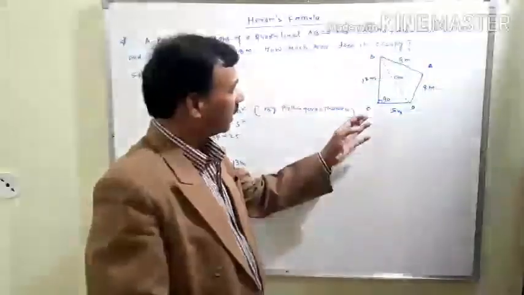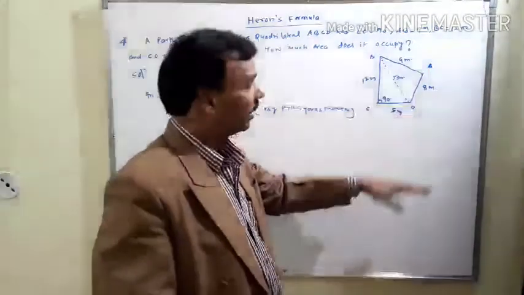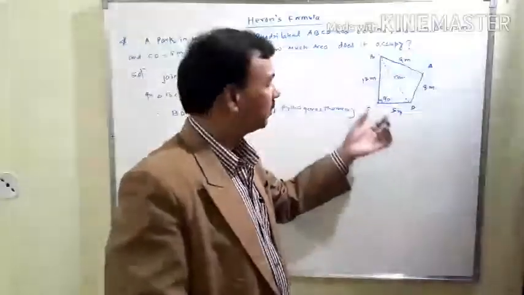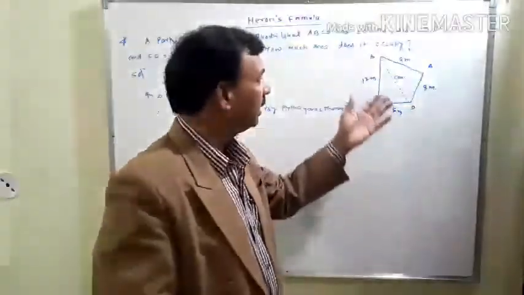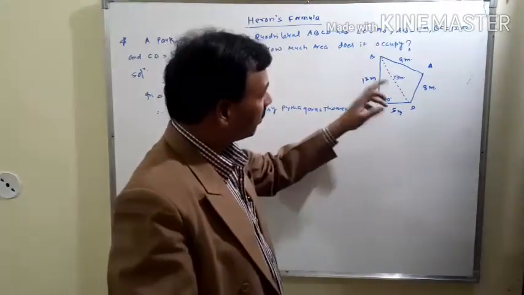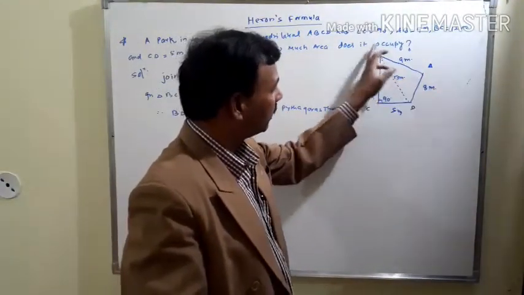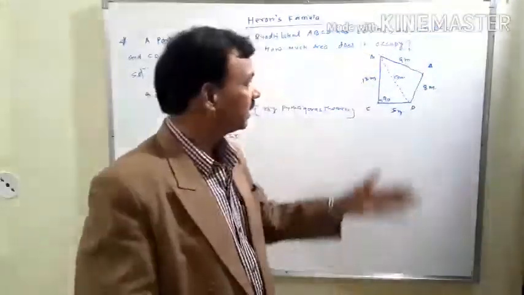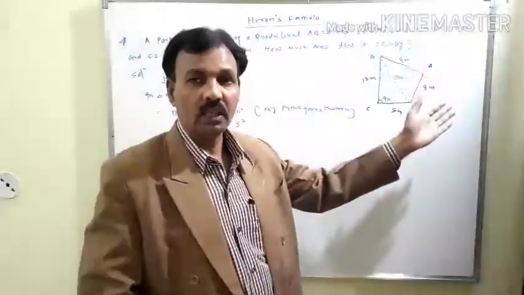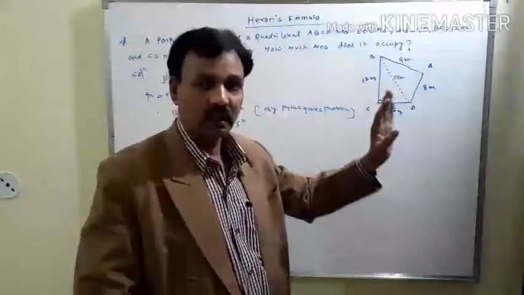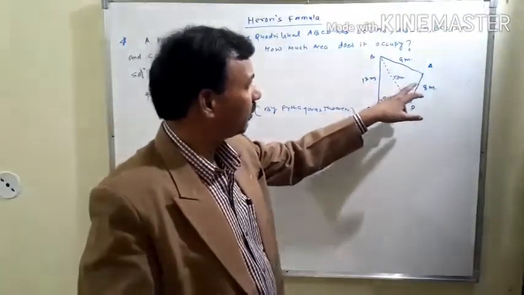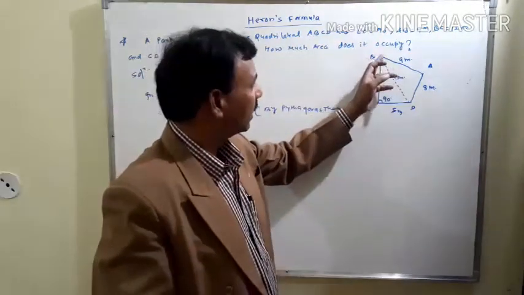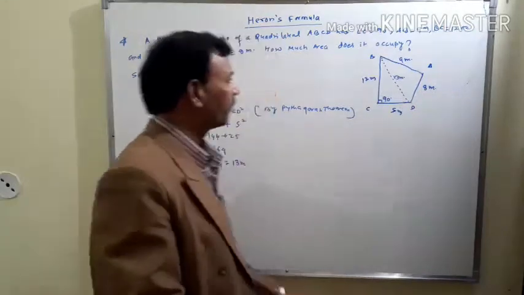Now in triangle BCD, you can find the area of this particular triangle by 1/2 base into height, because this is a right angle triangle, or by the help of Heron's formula. But the area of triangle ABD will always be by Heron's formula, because this is not isosceles, this is not equilateral, and this is not a right angle triangle. Understood? So you should apply Heron's formula for finding the area of triangle ABD.